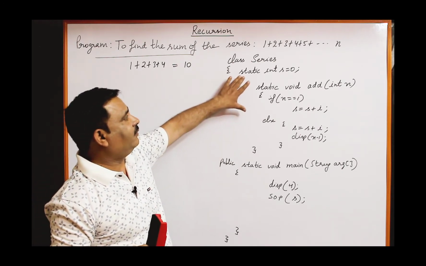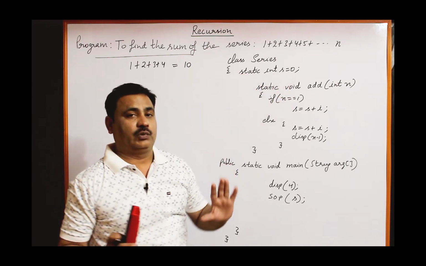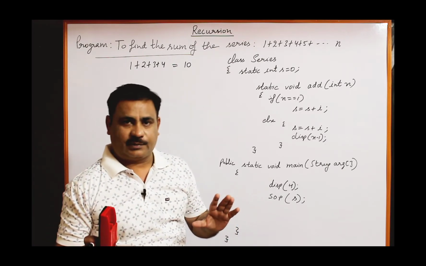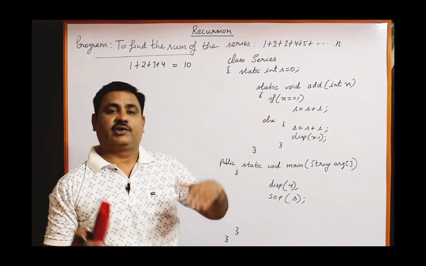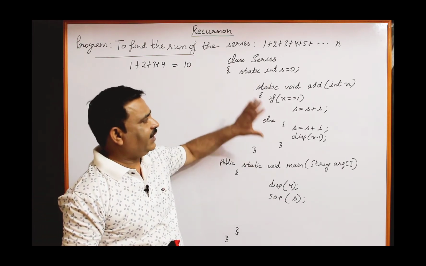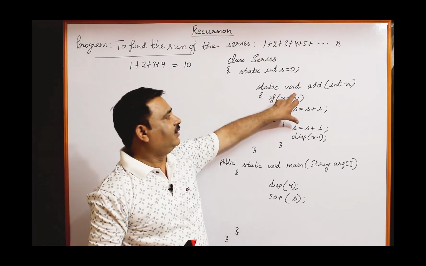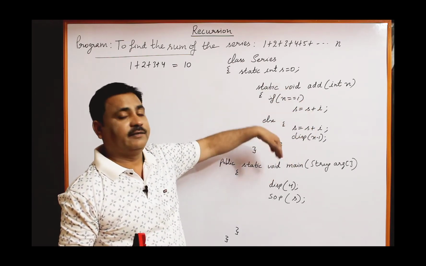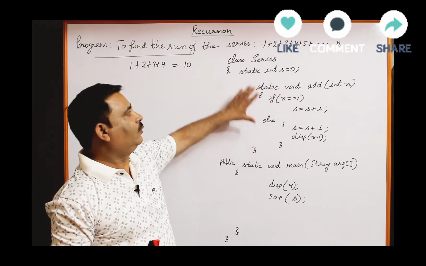This time I have taken one variable as a class variable, static int s equal to 0. It is a class variable, not a data member, not an instance variable. Class variable means a common variable for all the functions. Right now we have only 2 functions, so we can access this variable anywhere in any function. We can't declare the variable here. If we declare int s equal to 0 locally, with each function call it will become 0. That's why it is required to declare one global type variable.